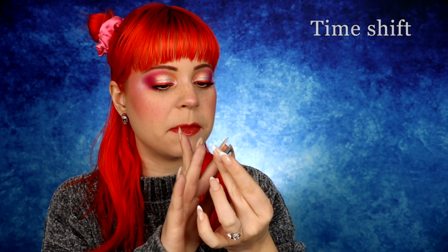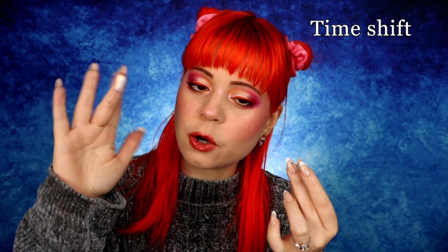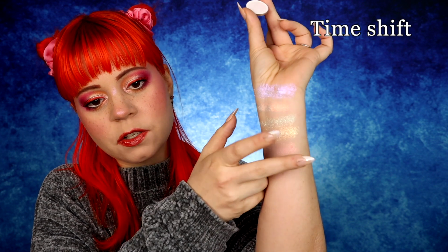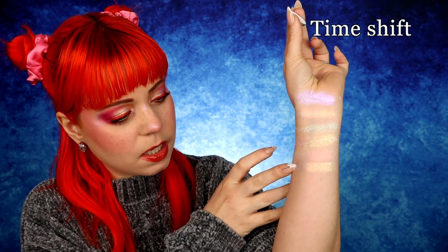Moving on to the second row here, we have the next shade called Time Shift, which again, it's always a surprise when I swatch these. That looks very pretty. It has kind of a turquoise shift to it. Let's see what it looks like swatched out. Yeah, it doesn't look very turquoise when I swatch it. Let me kind of see it from the side here. It's kind of similar to the shade that I swatched up here, but this one is a little bit more of a